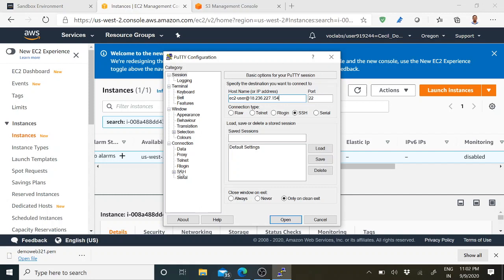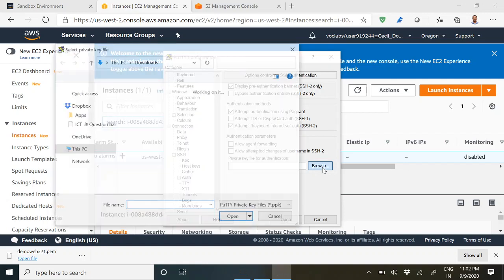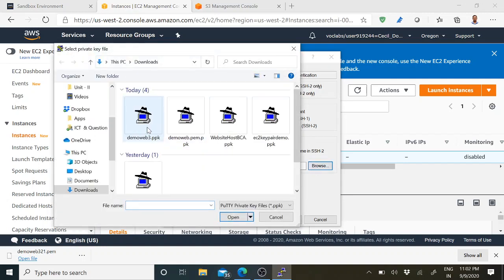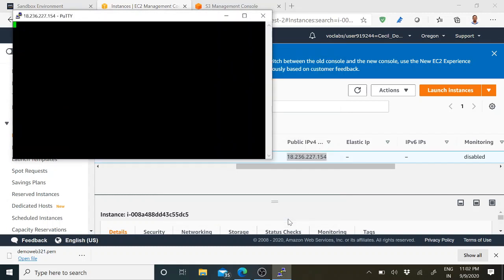Simultaneously, go to SSH and select Auth. There you have to upload your private key file, just to authenticate the user. My private key file is demoweb3.ppk. I'll click Open, and select Open.